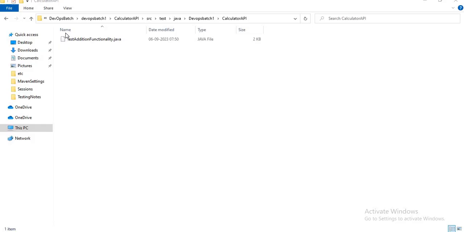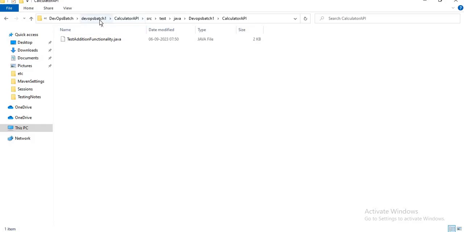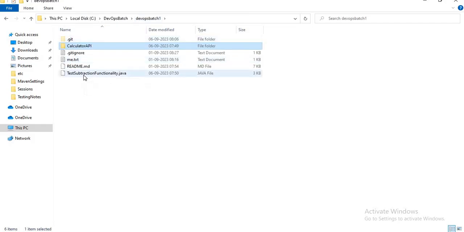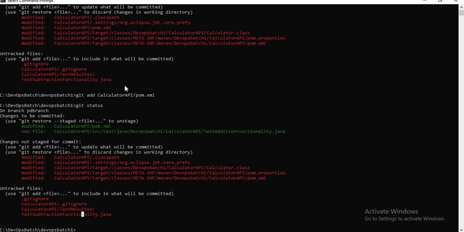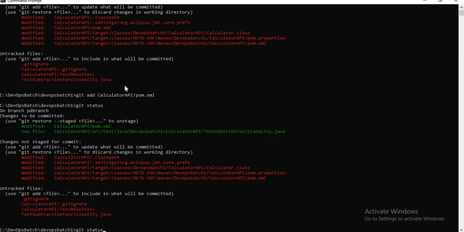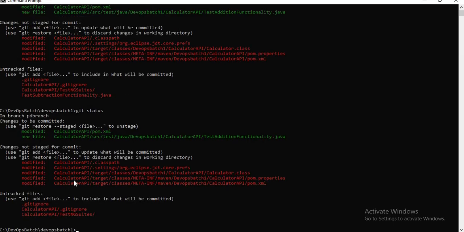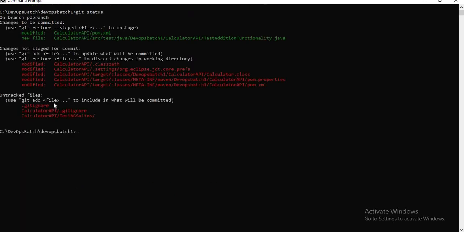Okay, it is there in the git directory, that's why it is telling me to check it in. But let me take it out of the git directory itself, git status. So yeah, there is no Java file now which we need to check in.